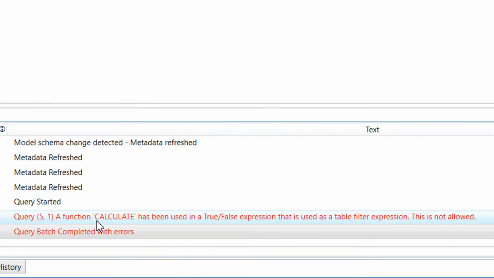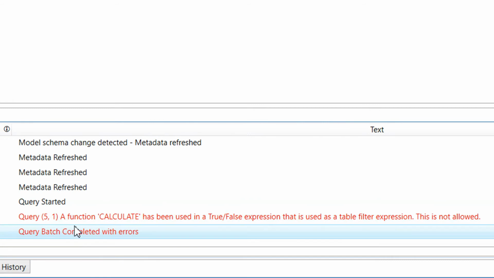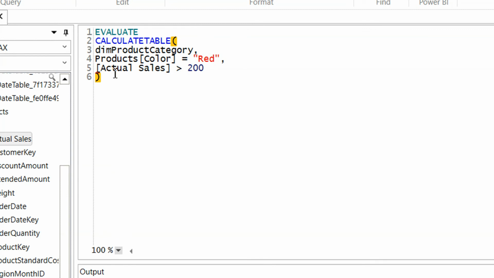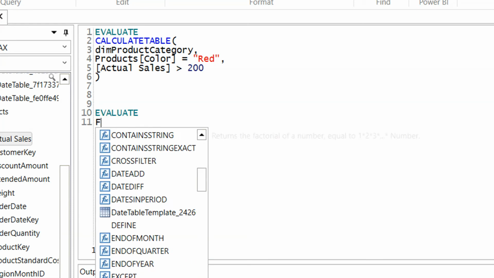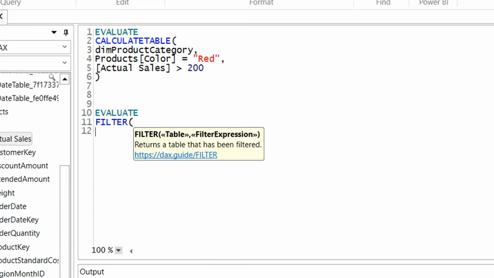And here you can see we are getting one error like CALCULATE has been used in a table filter expression, this is not allowed. So if we have a measure and we need to use that measure in the filter, we cannot use it in CALCULATETABLE. If I use the same stuff with the normal FILTER function, so EVALUATE and FILTER, the first one is